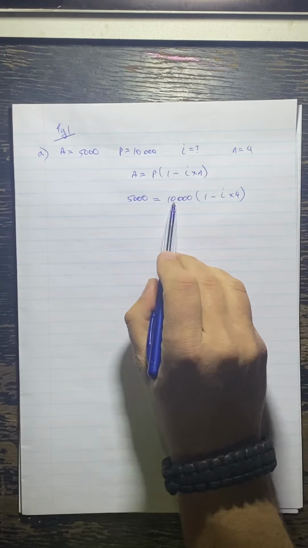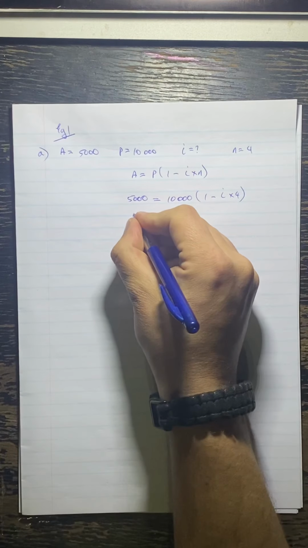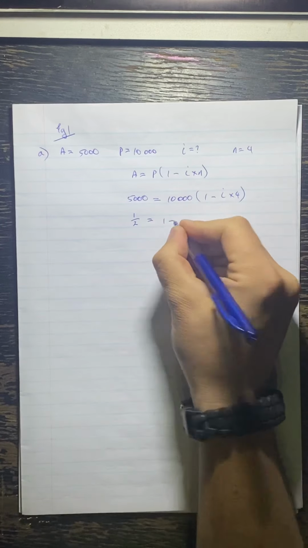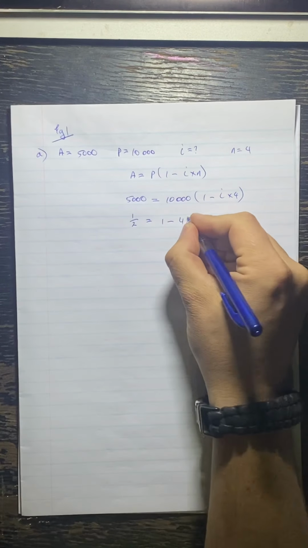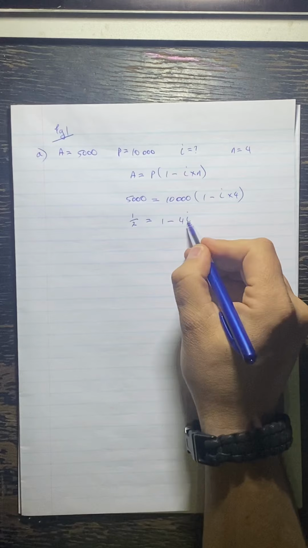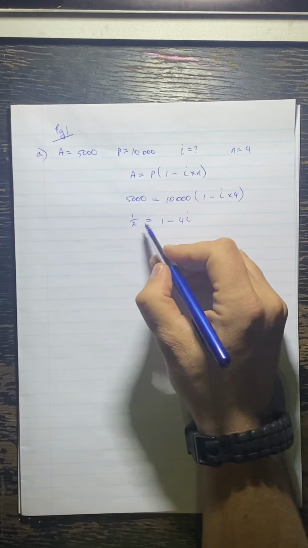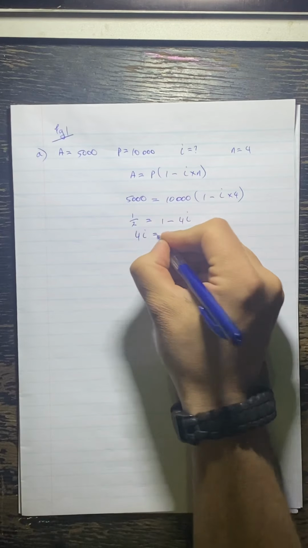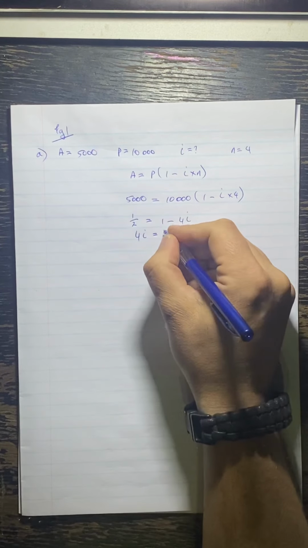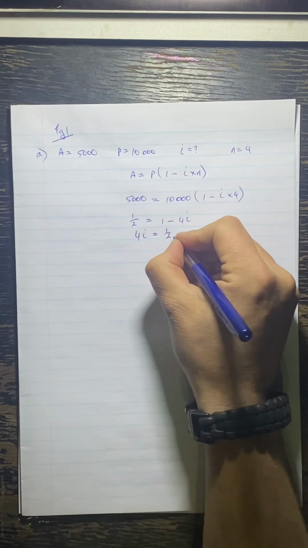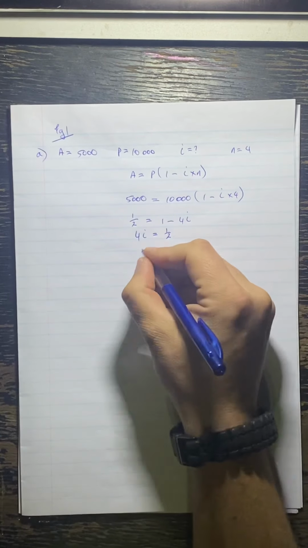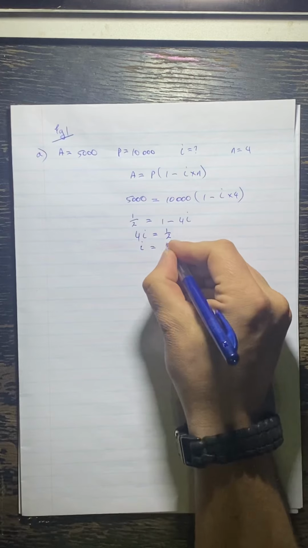So 5,000 divided by 10,000 and we're left with a half equals 1 minus 4i. I'm going to take the minus 4i to this side and then I'm going to take the half to that side and we get 4i is equal to 1 minus a half is a half. Then to get I on its own, we divide both sides by 4 and we get I is equal to